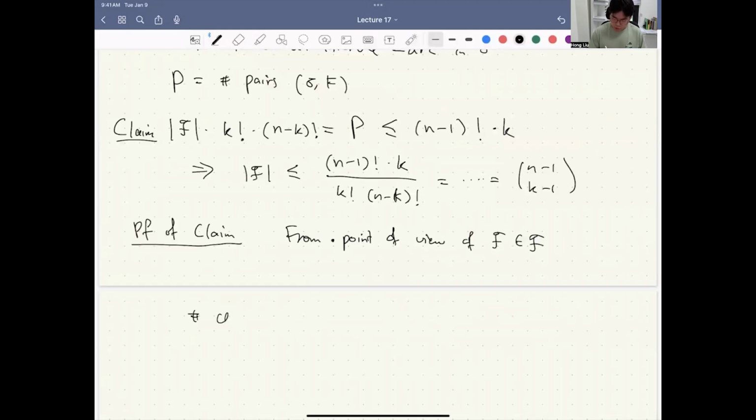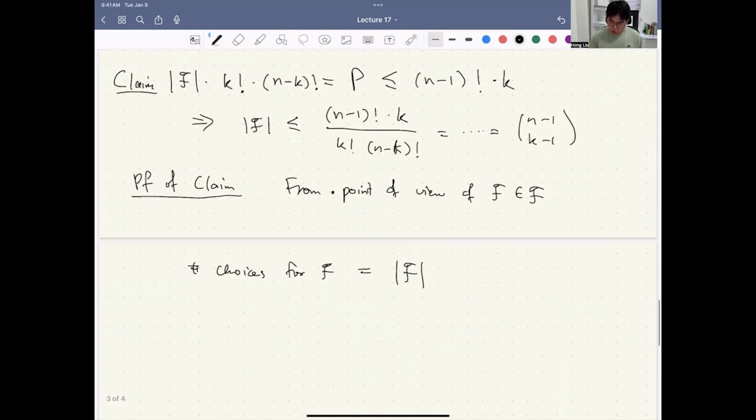the number of choices for F, obviously, is you can choose anything in F. Once you choose this F, this is my F, then I'm going to permute it in any possible way that I want, then permute F. This is not script. This is a set F, right? Then permute F, the number of ways